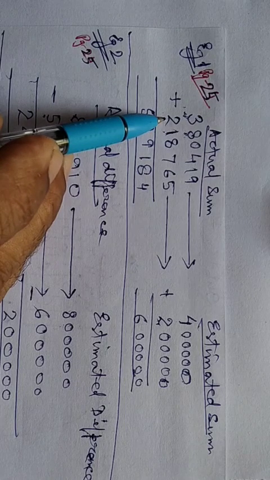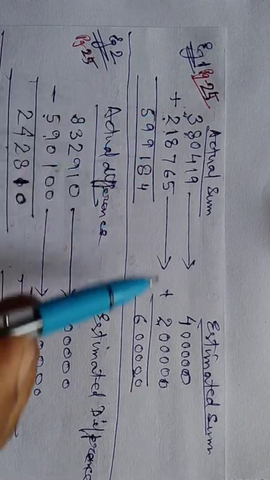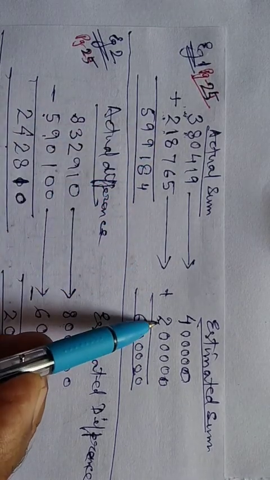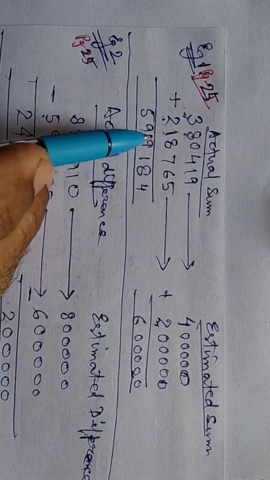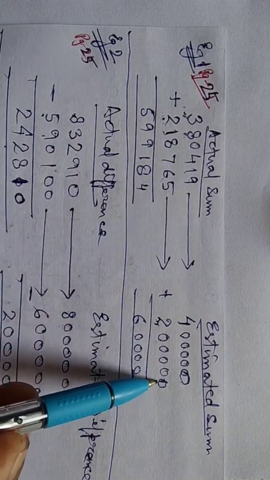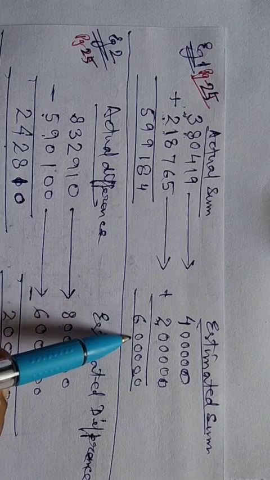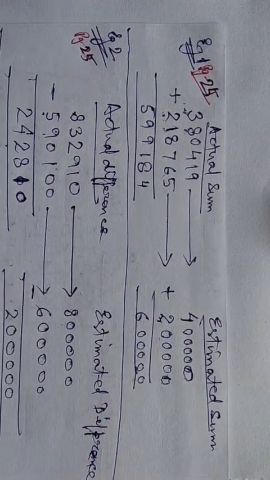After that, the second number, just see, round it off. At the lakhs place it is 2, so write 2 here, because after 2, 1 is there, so write 2 as it is. Don't increase this 2, because 1 is less than 5. For the remaining digits, just put 0. After that add it, and you will get the answer 6 lakh. 4 lakh plus 2 lakh equals 6 lakh.